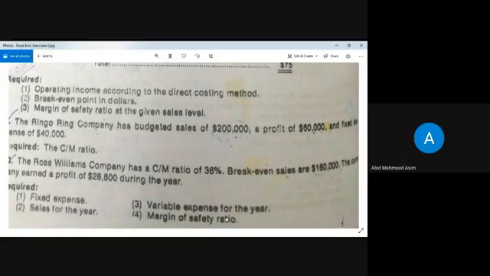is the minimum limit that you should have at that level. Your sales should be at that level so that you have no profit, no loss. And you are 33% above your break-even sales. So this is the basic concept of the margin of safety ratio, or this is the explanation that we can get from the margin of safety ratio.